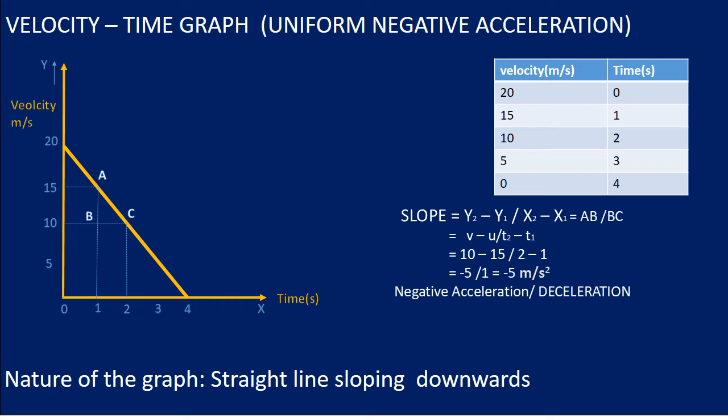So children, what we have to do, from 1 and 2 we draw two perpendiculars that meet the graph at the points A and C, and take the y values, that is v1 and v2, or initial velocity and final velocity, and the two values on the x-axis that represent time. The slope will be y-intercept by x-intercept, that is final velocity minus initial velocity by the time interval. So 15 minus 10 by 2 minus 1, and you will get the answer as minus 5 meter per second square, or the deceleration is 5 meter per second square. So what is the nature of the graph, children, here? Yes, since it is undergoing deceleration, the graph is sloping downward. Hope it is clear, children.